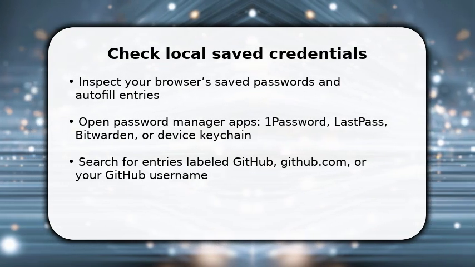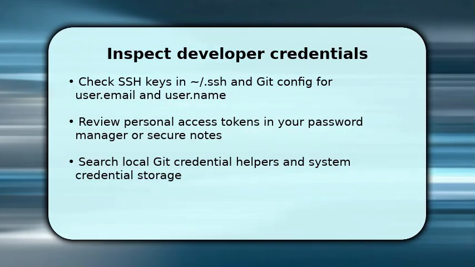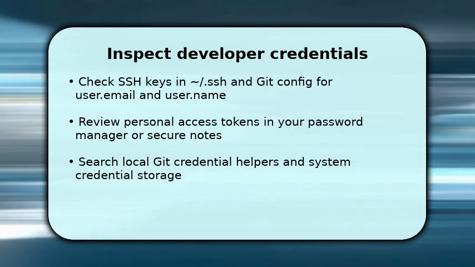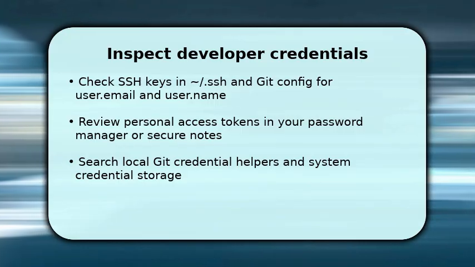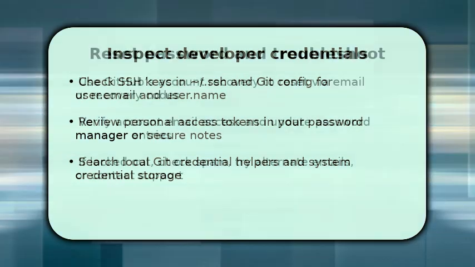Next, inspect your developer credentials and tokens because you may have used SSH keys or a token instead of a password. Look in your ~/.ssh directory for private keys and check your Git config for associated user info. Also search credential helpers on your machine and any saved personal access tokens in secure notes or password managers. These alternate credentials explain why a password seems missing. If you find a token or SSH key, but you cannot locate any stored password, proceed with account recovery to